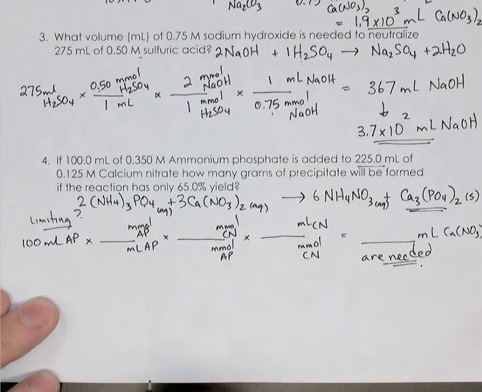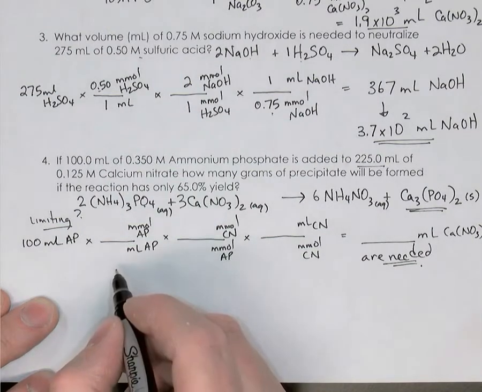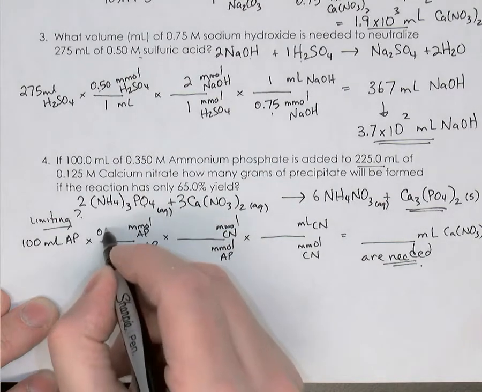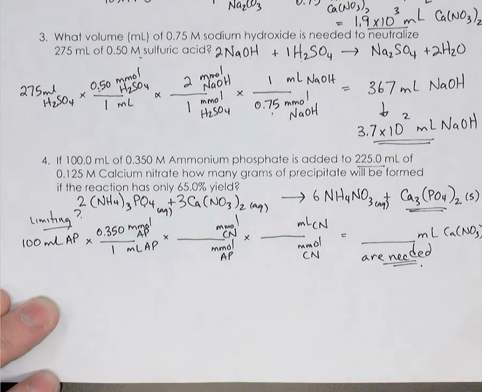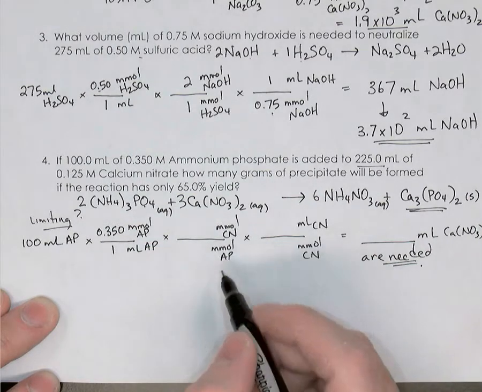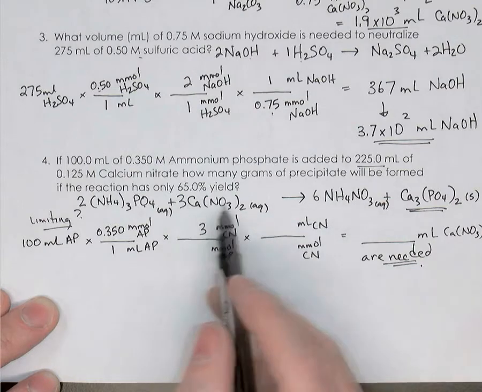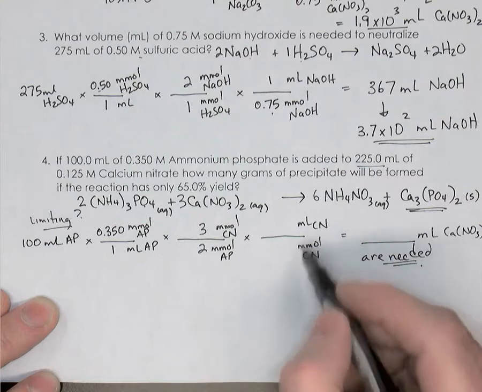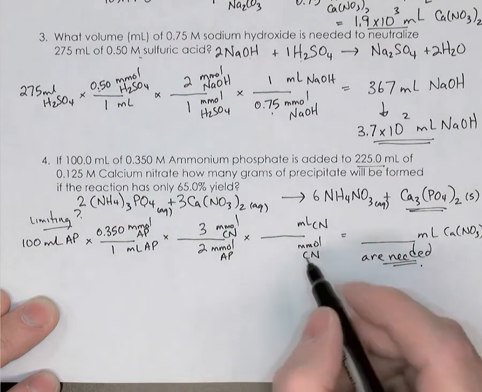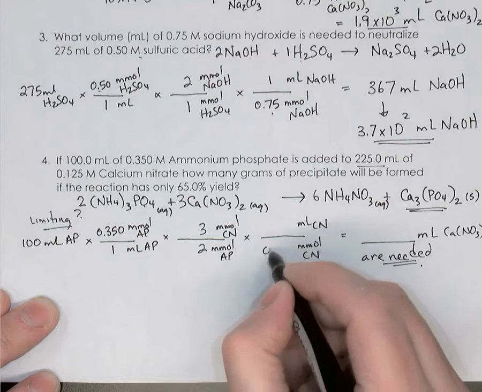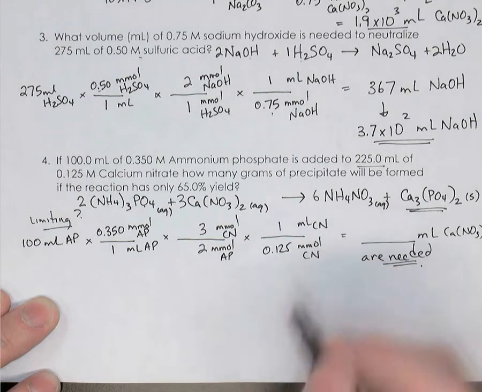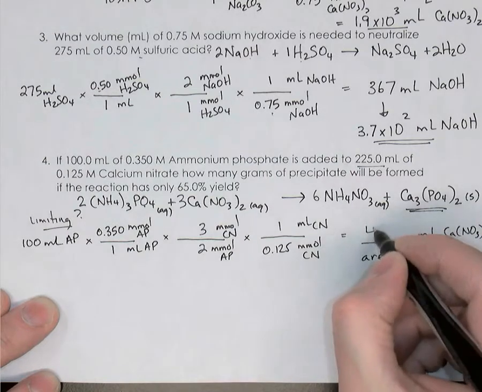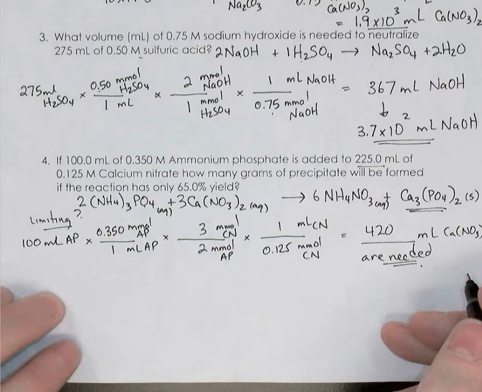So now I can take the concentration of ammonium phosphate. It was 0.350 molarity, so there's 0.350 millimoles for every milliliter. The balanced equation says that 3 millimoles of calcium nitrate reacts with 2 millimoles of ammonium phosphate. And then the calcium nitrate's concentration was 0.125 molarity, so 0.125 millimoles for every milliliter. Grabbing a calculator and evaluating that, I get 420 milliliters of calcium nitrate would be needed to use up all